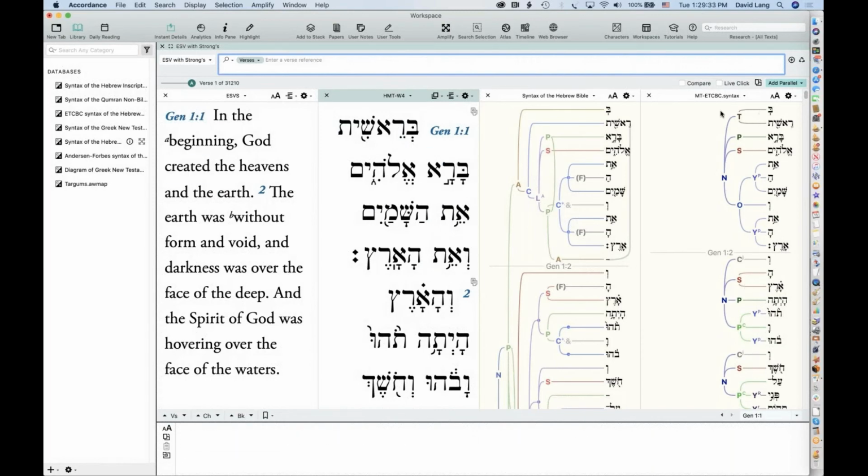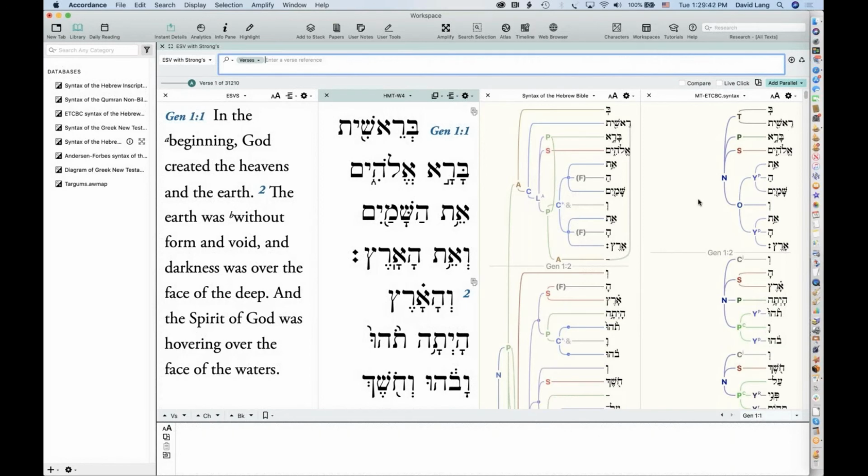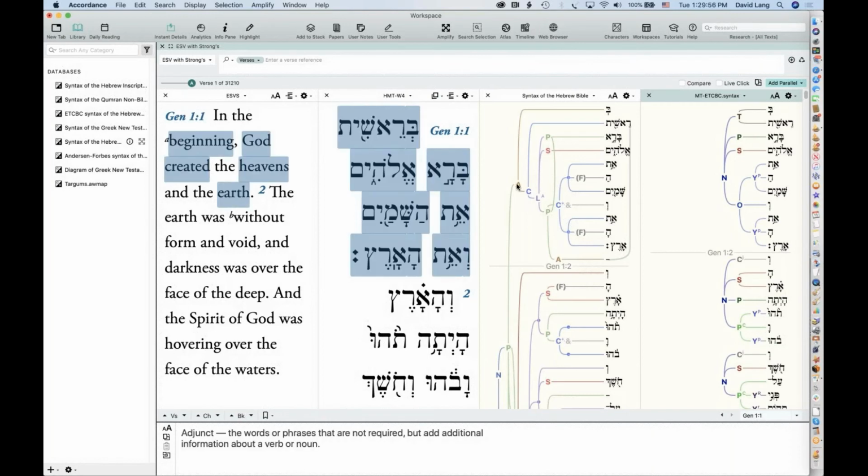So you can see here the ETCBC syntax basically handles Genesis 1:1 in kind of the traditional way that it's been translated: In the beginning, God created the heavens and the earth as a separate statement. The Homestead syntax takes Genesis 1:1 as the beginning of an adjunct phrase that is describing the time of creation.